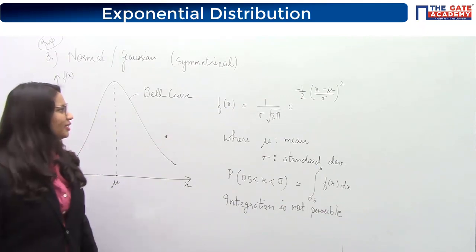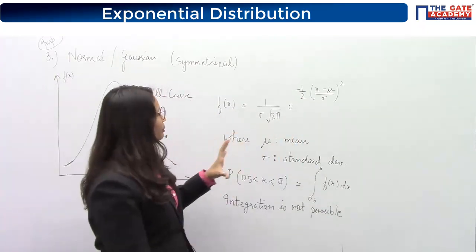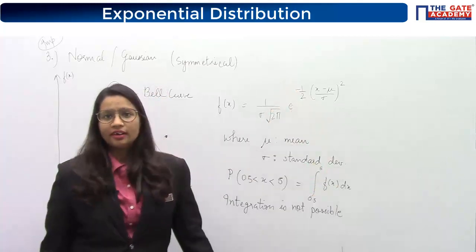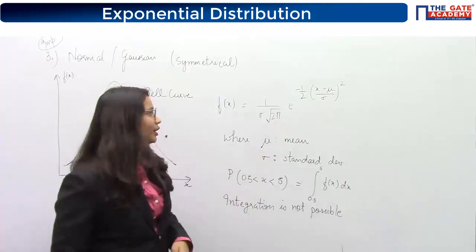It is easy: 1 by sigma under root 2 pi. If you write it 2-3 times, you will be able to remember this, e to the power minus half. It's important because it may be asked in some calculus question also. So please